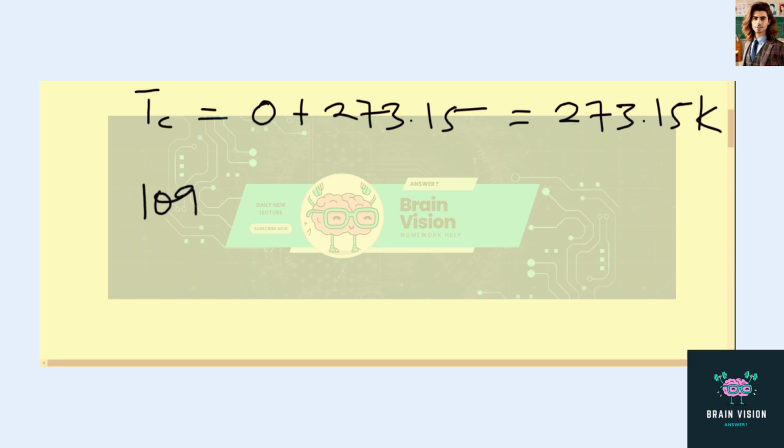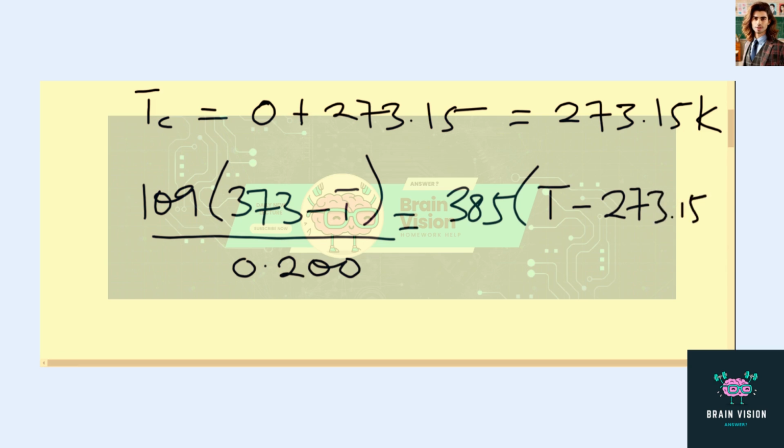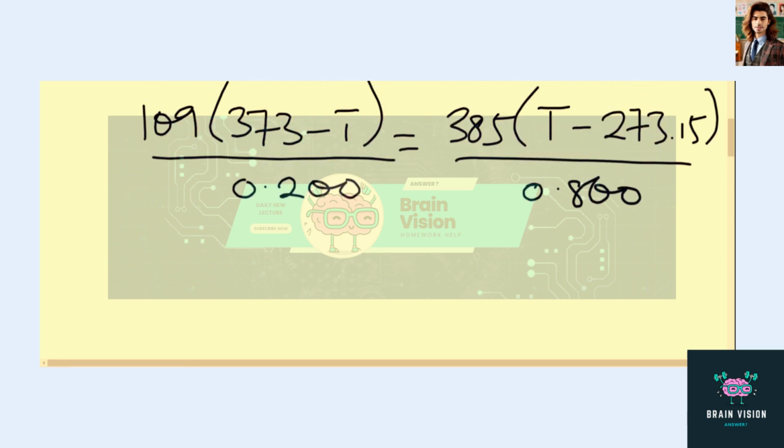We have 109 into bracket 373 minus t, all of this divided by the length of the brush, which is 0.200, will be equal to 385 into bracket t minus 273.15. Forgive me, I beg your pardon, I've let go of the 0.15. Always remember that there should be a 0.15 at the end there. Okay, divided by 0.800. All right, so when we do that, this gives us